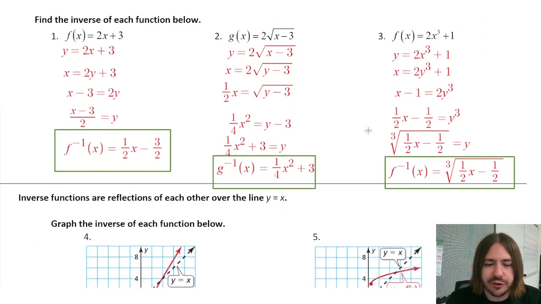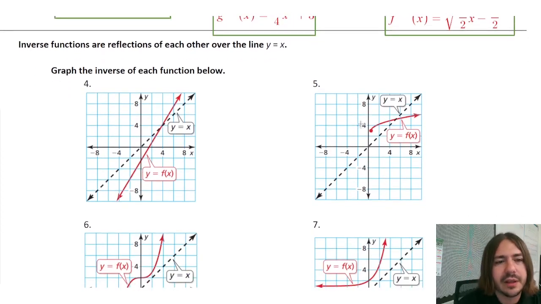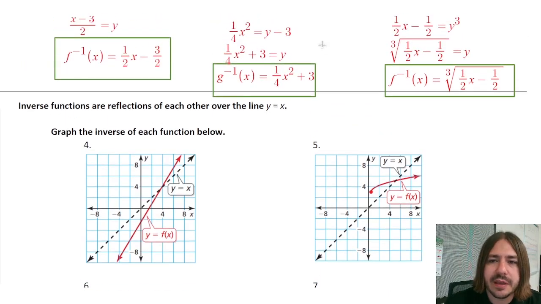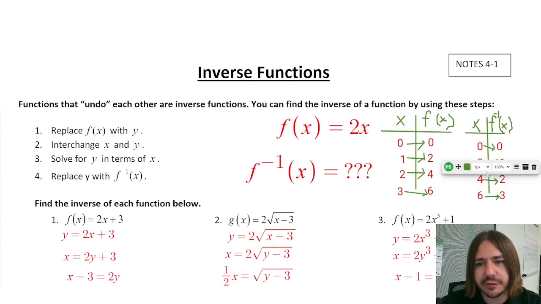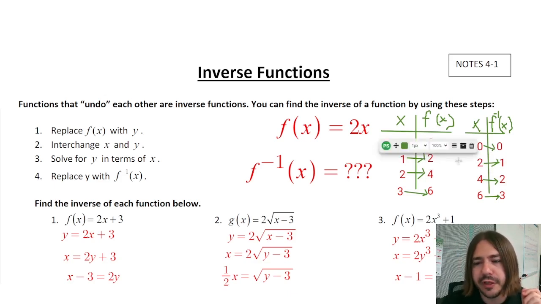Now, something that's kind of interesting about these inverse functions is that when you graph them, because they undo each other, they are going to be reflections across the line y equals x. So if all you have is a graph of f of x, you can pretty easily graph the inverse without even really knowing what the equation is. Like I was saying up at the beginning, the tables for a function and its inverse are just swapped. So the points on the curves for these two will also be swapped, the x and the y coordinates. For instance, on this function up here, if you have a point at 1, 2, the inverse will have a